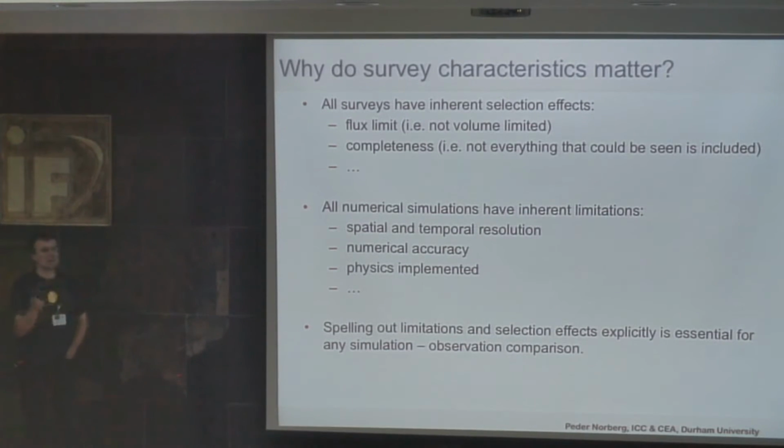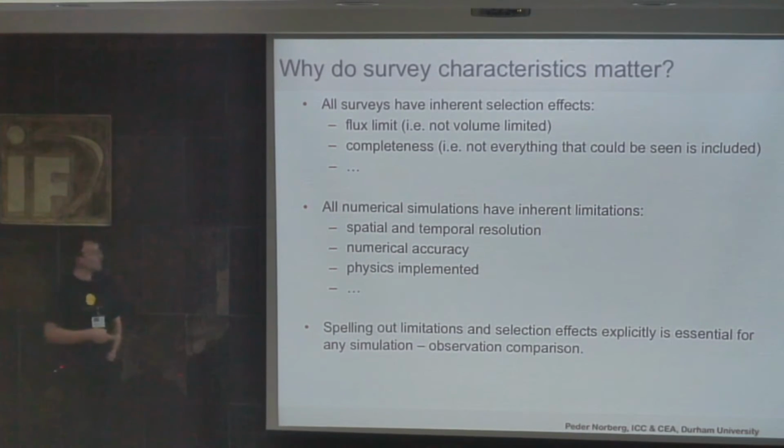Instead my input catalog was incomplete, and all of these things need to be mimicked to some level, because if you want to go from a simulation to observations, you need to know what the limitations are, because your perfect mock will not look like the real data. Not just because you don't know how the real universe works, but also because you don't understand the limitations of your data. So you need to know both aspects of it.